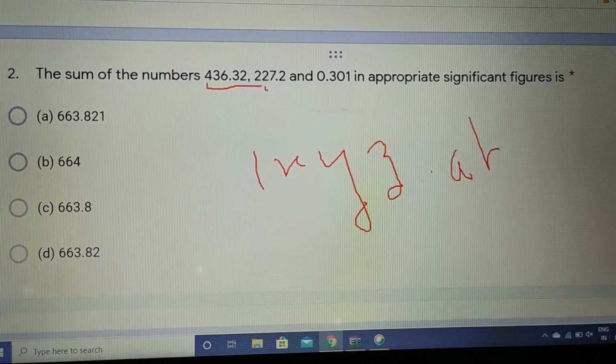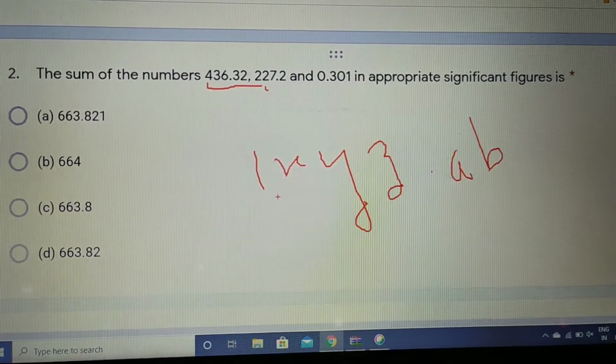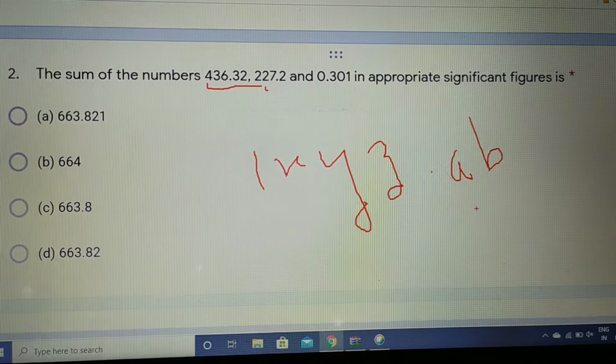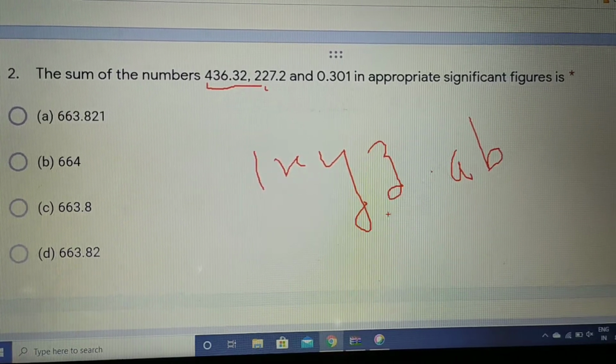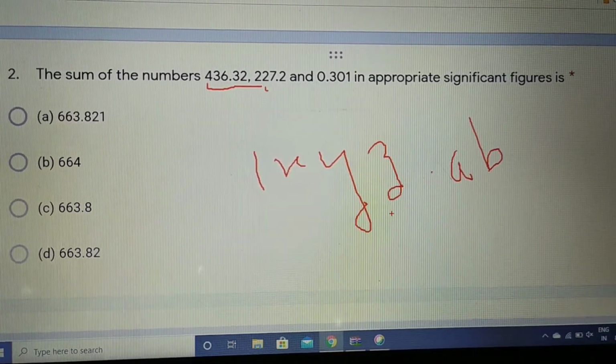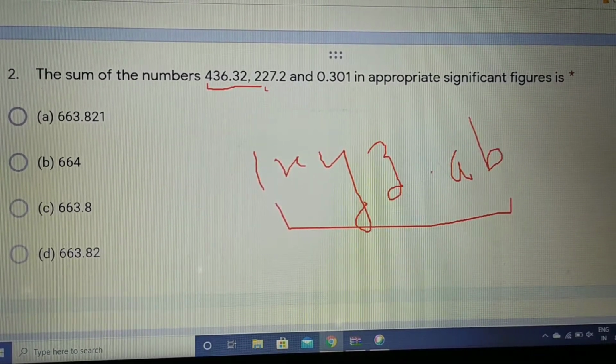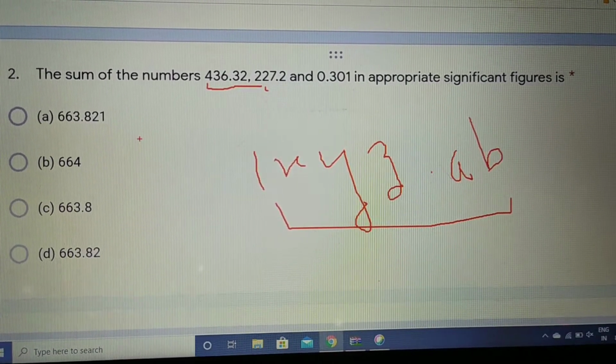This is the answer, let us suppose. Okay, so now we have to find the result in 3 significant figures. So what we will be doing, we will be rounding off the number to 3 significant digits. This is already discussed. You can round off the number to 3 significant digits. For example, if we are having the number, let us suppose, this,